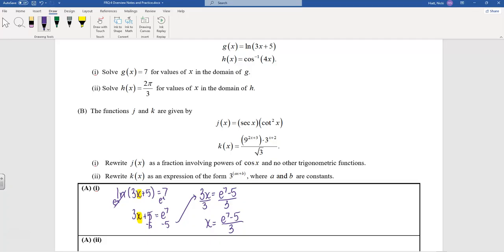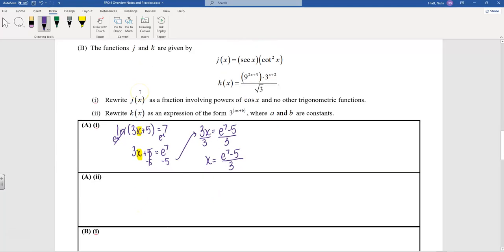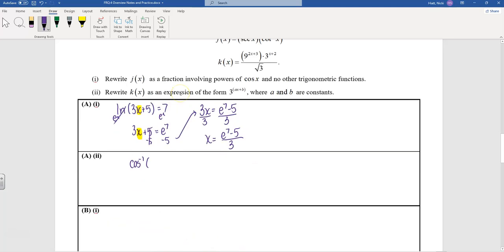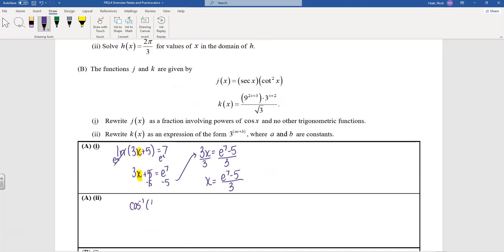Okay, same for part 2. We are just going to take inverse cosine of 4x and set it equal to 2 pi over 3. So we've got inverse cosine of, what was it, 4x equals,